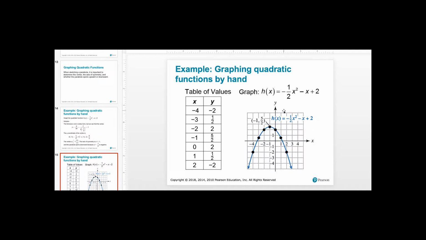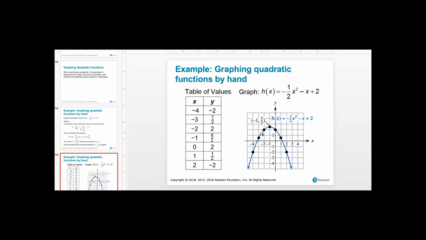Now, I told you also need at least one other point on the graph. So in this case, you need the vertex, which we just found is -1, 5/2, and then you need another point. Now, the reason I only say you need one point is because of the axis of symmetry. Obviously, you can graph it like we did here, where we did 3 points on each side. Or you can actually just find this point, and because of the axis of symmetry, there's got to be a corresponding point on the other side at the same y value. If you don't like doing that,